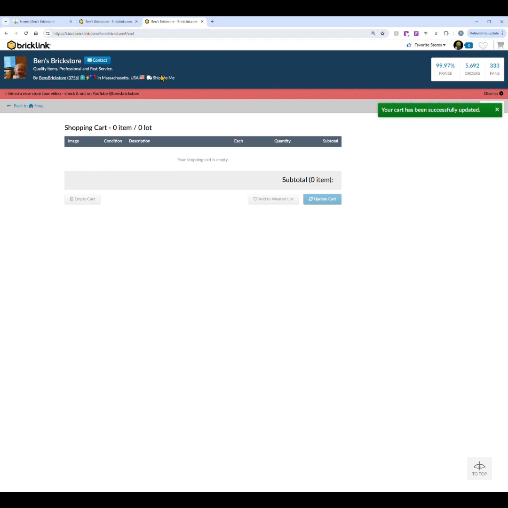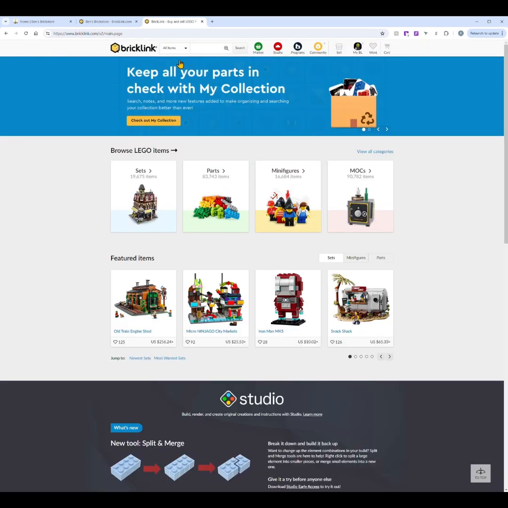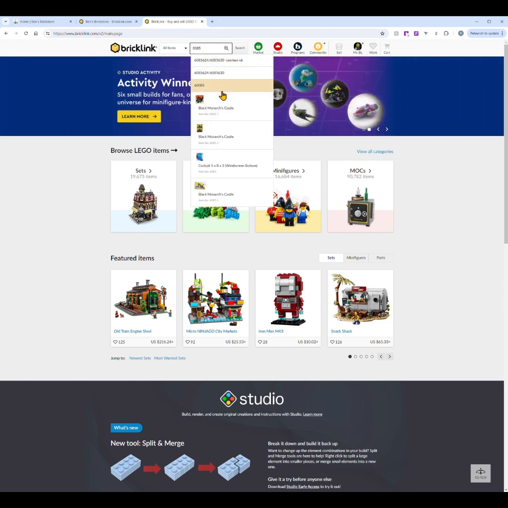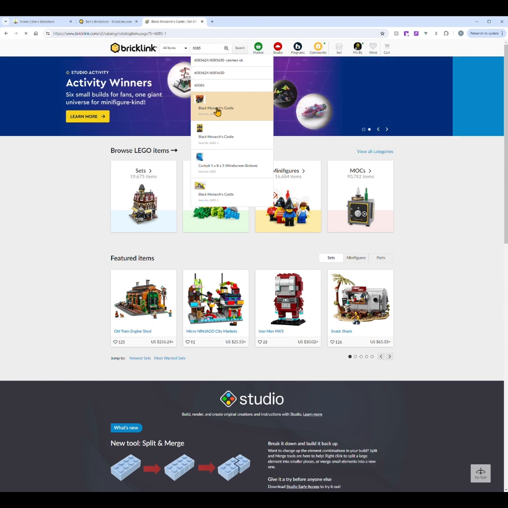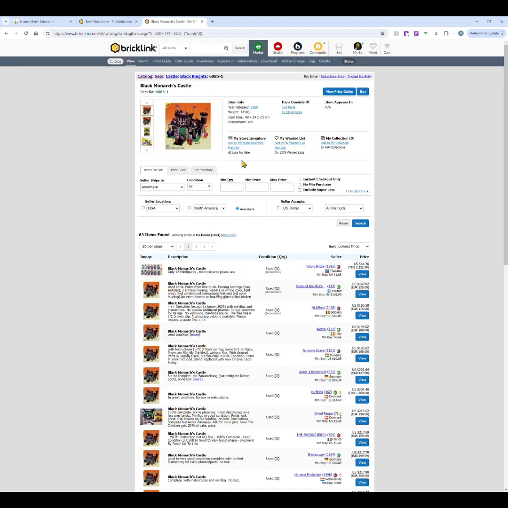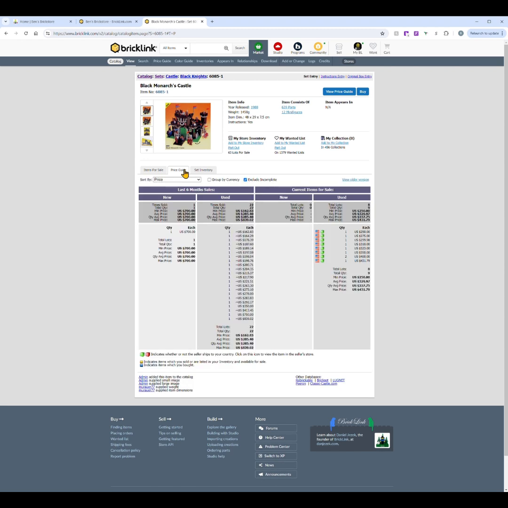Now the next thing that I want to demonstrate about the wanted list is, if you are looking up a specific set, I'm going to use 6085. This was a set that I had gotten when I was probably about 5, and it was pretty much what was responsible for getting me interested in Lego. So let's say I want to add, I can add this whole set to my wanted list,